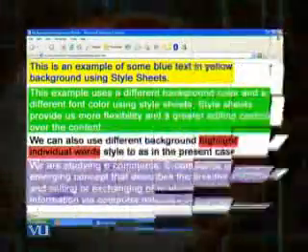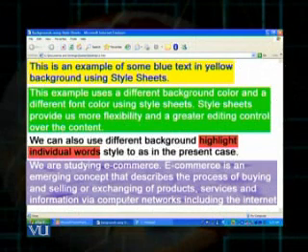I want to talk about the syntax, how using style sheets we can provide different background colors to our web pages. We can provide certain images as background for our web pages, or we can provide different font colors for our text. It is quite simple. In style sheets, the syntax can easily be understood. You can have a look at the example before you.